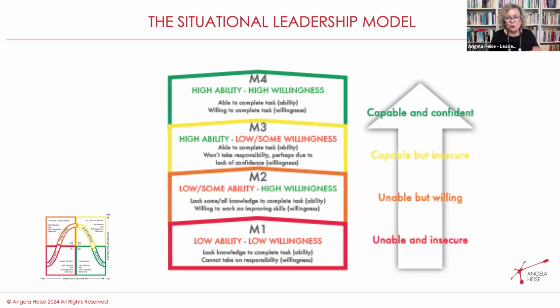But once you know where they're at, you can support them in moving to the next quadrant until they get to that high ability and high willingness, where you can basically make yourself redundant, but not irrelevant, because in other areas, they may need some support. But the important thing about this is what it does: it promotes growth and development.